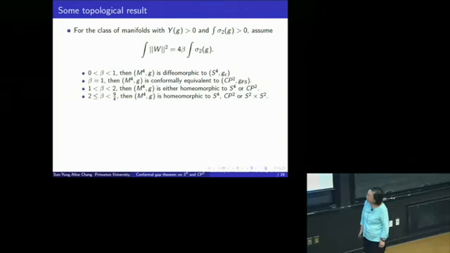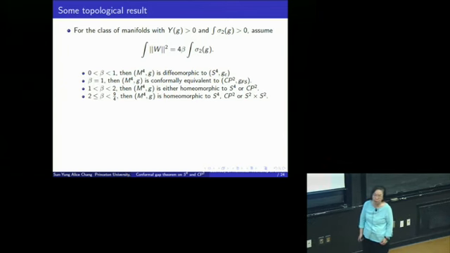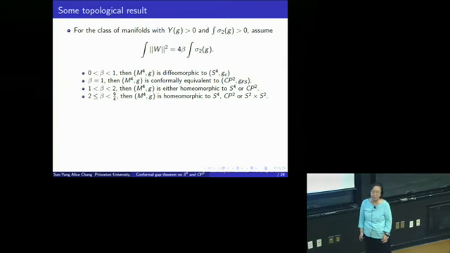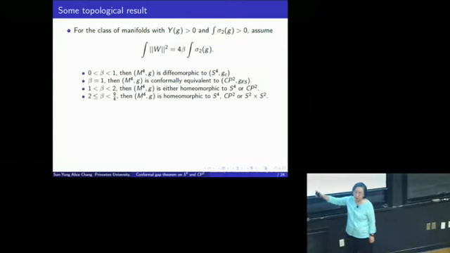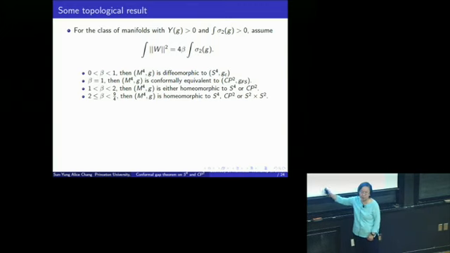But if we look at the next one on the list, when beta is between 1 and 2, it turns out one can see that there are only two homeomorphism types. One is S4, one is CP2. And this number beta equal to 2 is sharp, because at beta equal to 2, you have S2 cross S2. So the next on the list is when beta is a little bit bigger than 2. It turns out the number we can get is 9/4. And that corresponds to 2 copies of CP2.